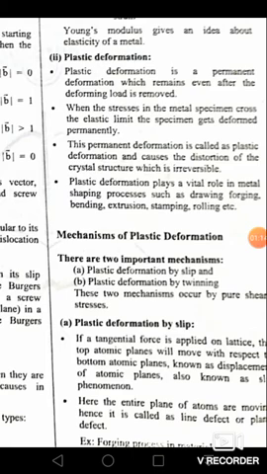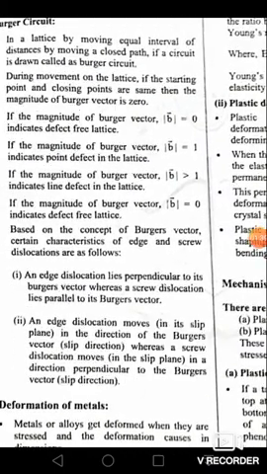For example, if you are applying a tangential force to the lattice, what is lattice? It is the arrangement of atoms in space with repeated patterns occurring in space, right? So, if you are applying a tangential force on the lattice, then the top planes will move with respect to the bottom planes, and this motion is called the slip of top plane atoms over the bottom plane atoms. This is called slip. Now let us come back to the Burgers vector.